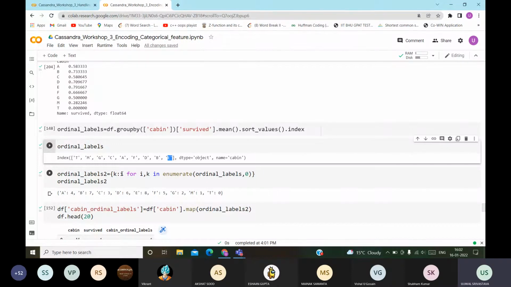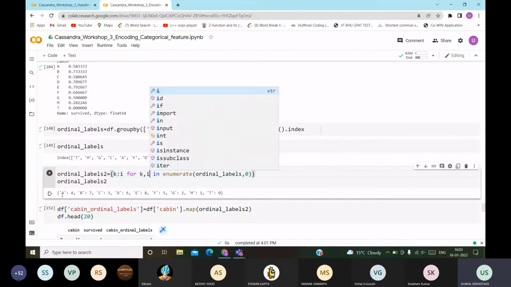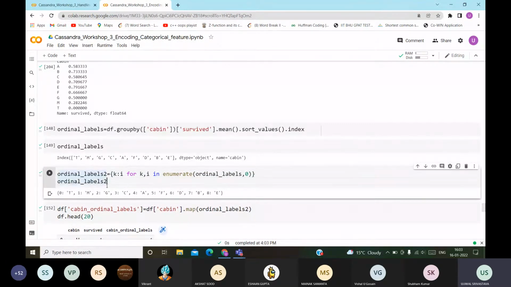Here is also a one-line code. If we map for k, i, then it will come like A: 4, but it will be just opposite, 0 will be mapped to T, but we want T to be mapped to 0.